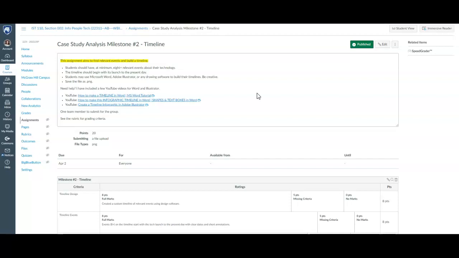We're going to have something that's current, and then we want some events in between. All right. You can use Microsoft Word, you can use Adobe Illustrator, or any other drawing software to build a timeline. By all means, I'd like it to be creative. Make sure that you save this file as a .png, because that will make it easier for you to place